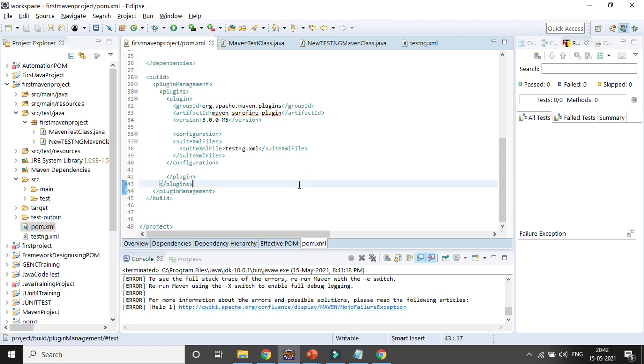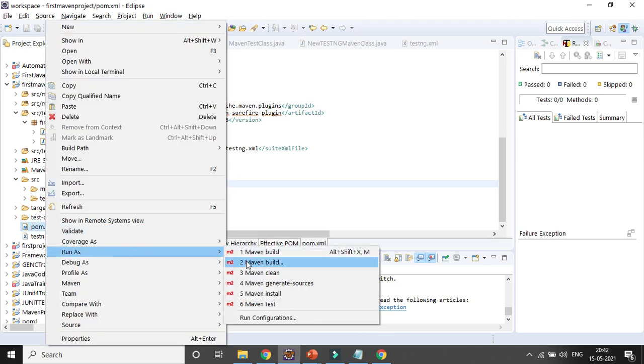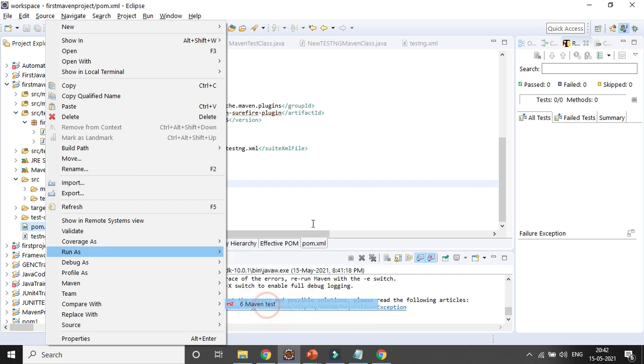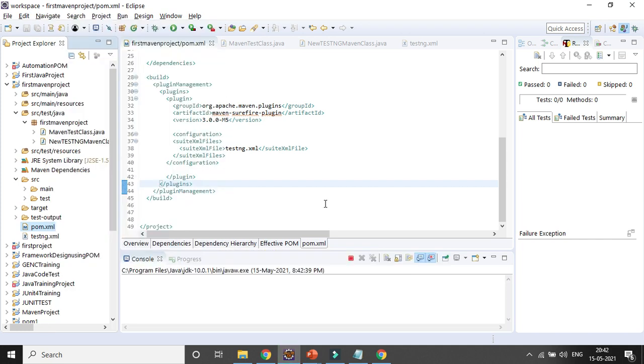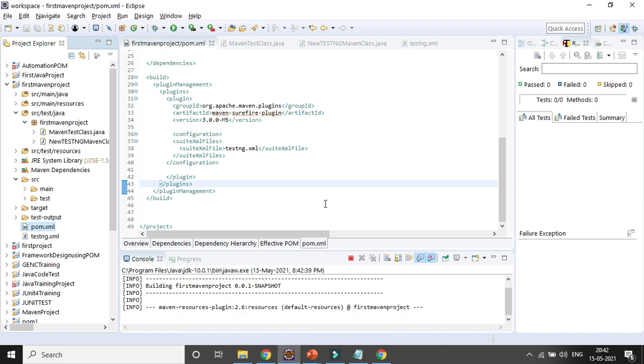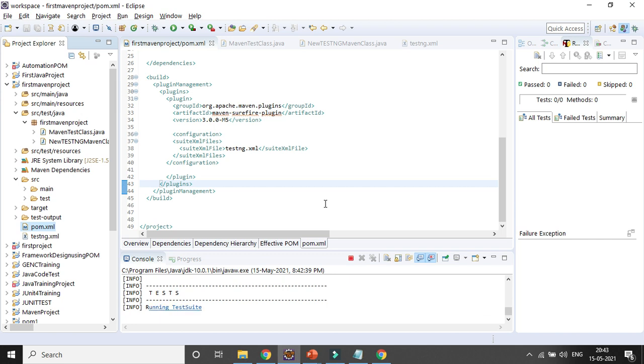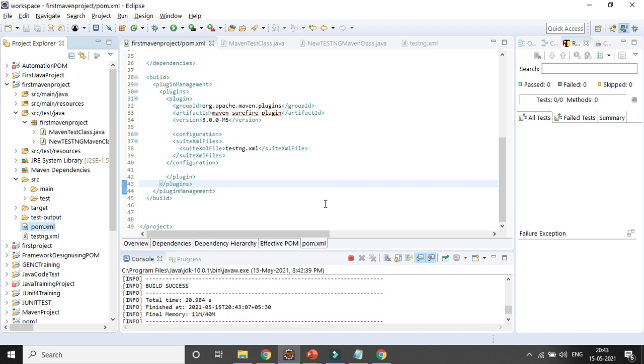Let's save it and let's try to run it once more and see whether it's running or throwing any error or not. Run as Maven test. So these are a few important things you need to sort out first, otherwise it will cause trouble. Sometimes you need to run it multiple times, the same thing happens. No need to worry. Sometimes my project also did not run successfully, but I need to toggle it out and correct those things. So only you can see now it is running, right? Running test suite. Okay, you can see it ran successfully.